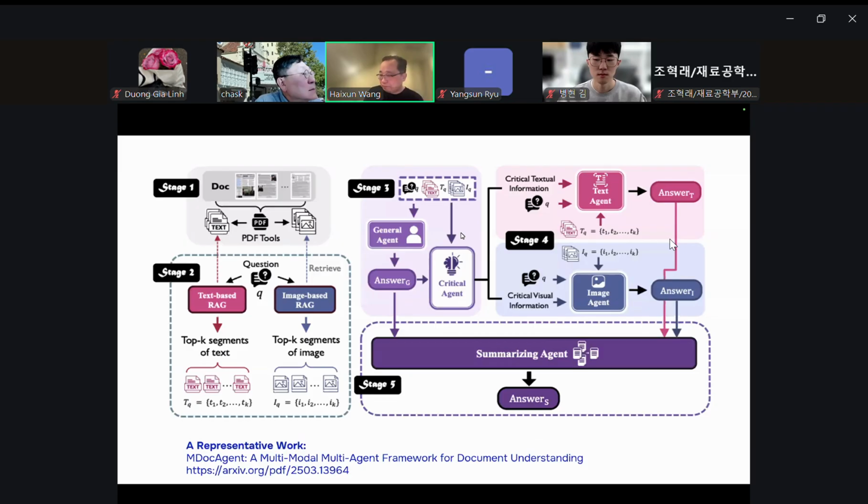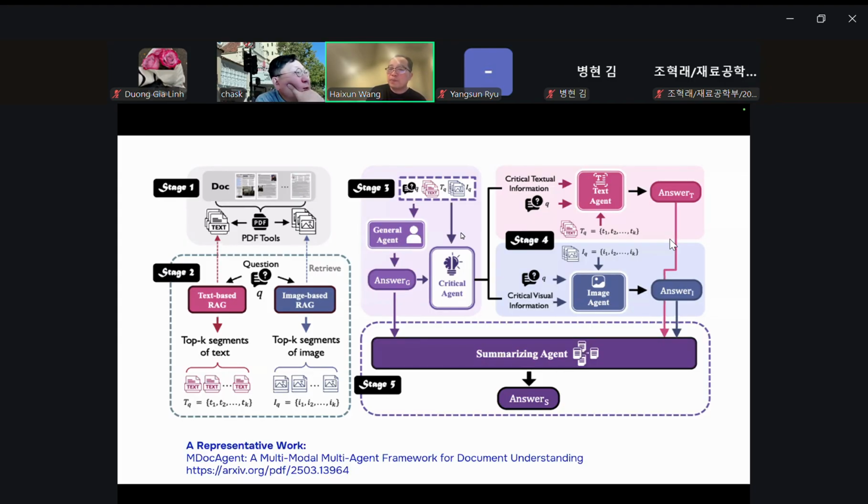For example, if you ask, how much does this procedure cost, right? Then the critical agent might say, find the evidence that shows this amount of the cost is